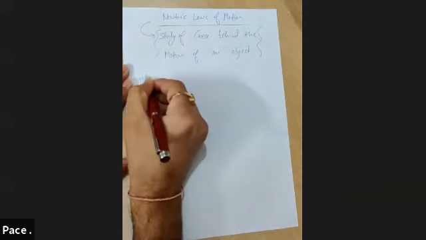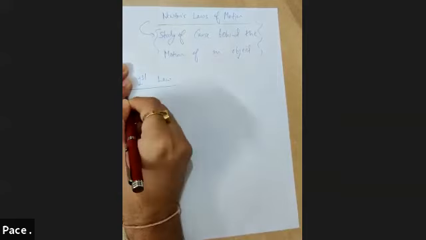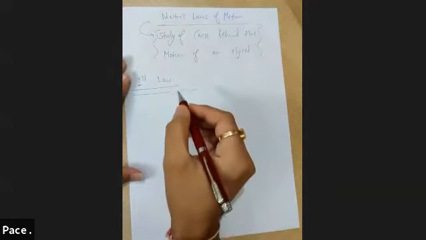So, Newton's first law. I'm sure all of you must know it. If a particle is in a state of rest or in a state of motion, it will continue to be in that state of rest or motion until or unless some external force is applied. If any vehicle is moving, it will keep moving, and if that particle is at rest, it will remain at rest until or unless some external force is applied. It's very clear.